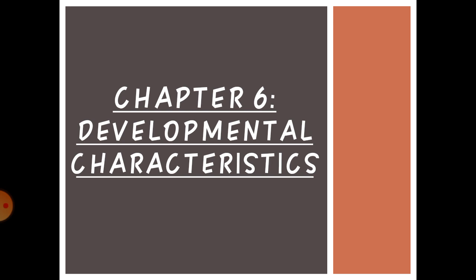Today the lecture is about chapter 6, developmental characteristics. Last week we did chapter 5, and chapter 6 is basically about the different areas of development which occur in the body, all of which are very important. The next are the stages of development through which every individual passes from birth till death, and the different types of development that occur at every stage of the human being. At every stage, which types of development occur is basically included in this chapter.